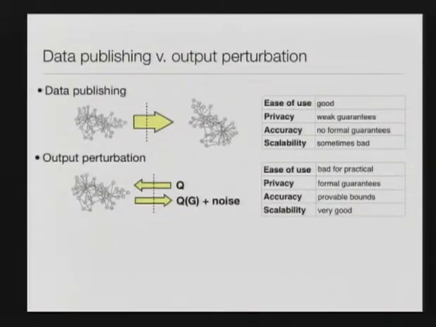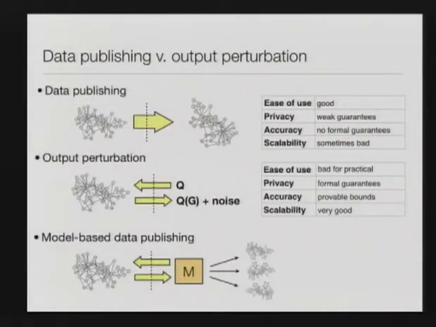I mentioned in the beginning that data publication is great for ease of use because you can hand somebody a graph and they can study it. We're using output perturbation, so we're considering specific tasks, breaking them into a bunch of queries, and learning if we can answer those queries accurately. So I think that's the first step in a process which we hope will result in techniques for data publishing. So I'd like to still hand the analyst